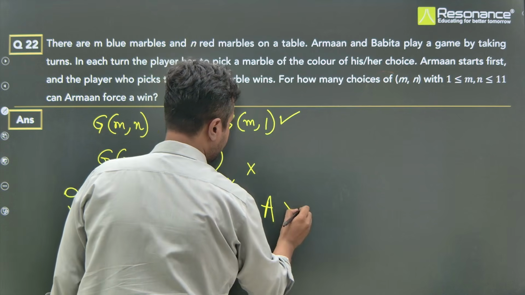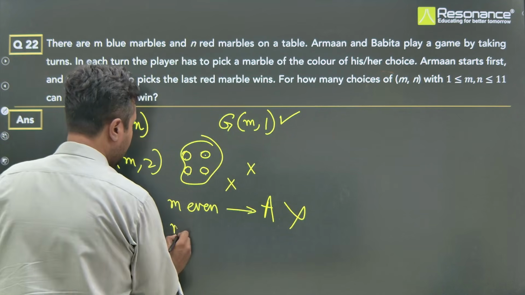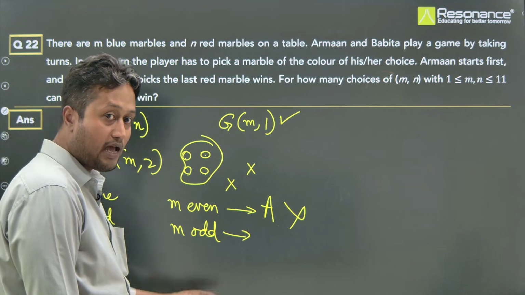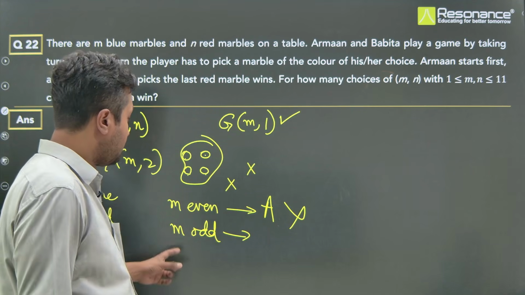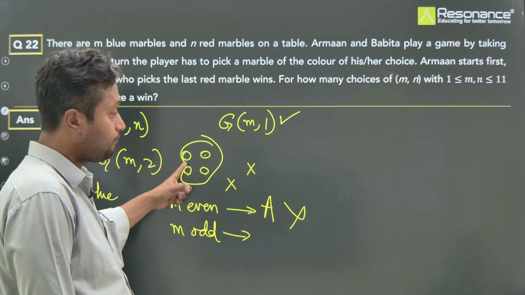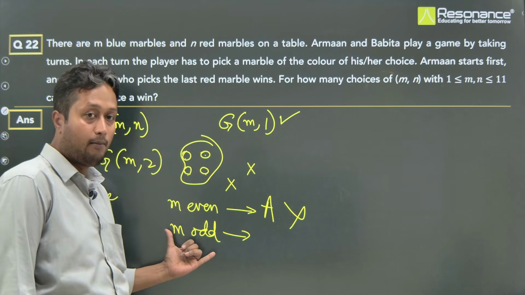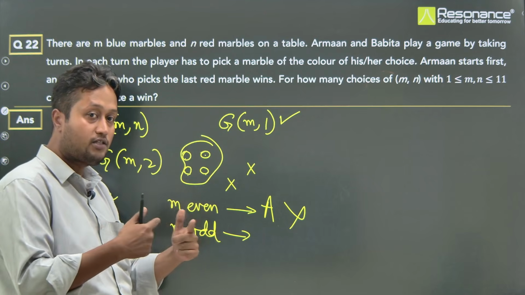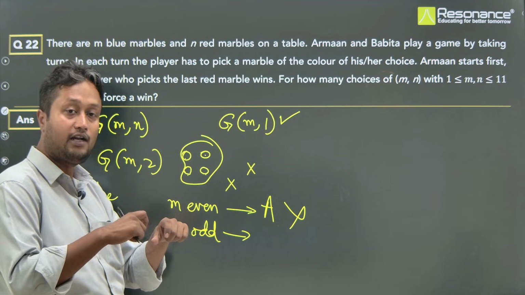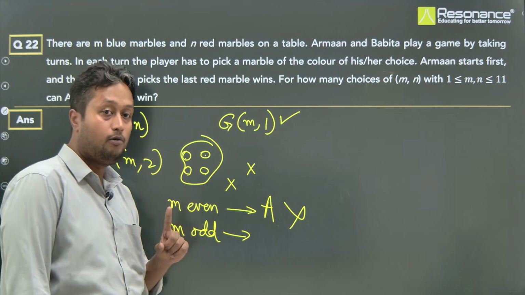I'll just write it like this. A doesn't win. If M is odd, then even in that case, they'll have the same strategy in their mind, which means they'll have to keep picking the blue marbles. But since that's an odd number, after an even number of turns, as in after complete rounds,